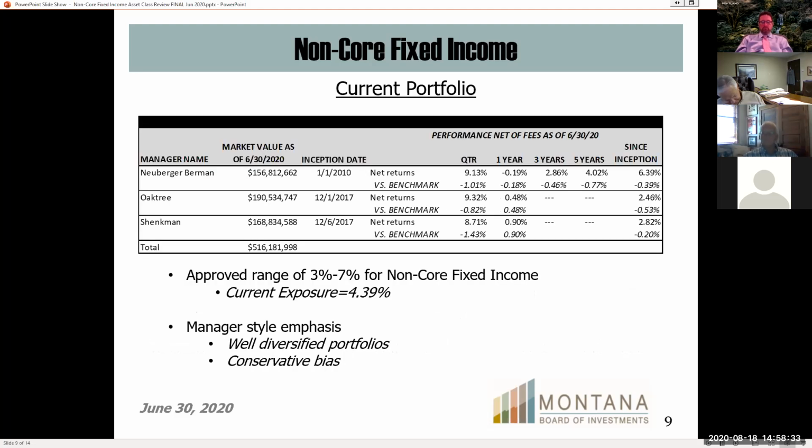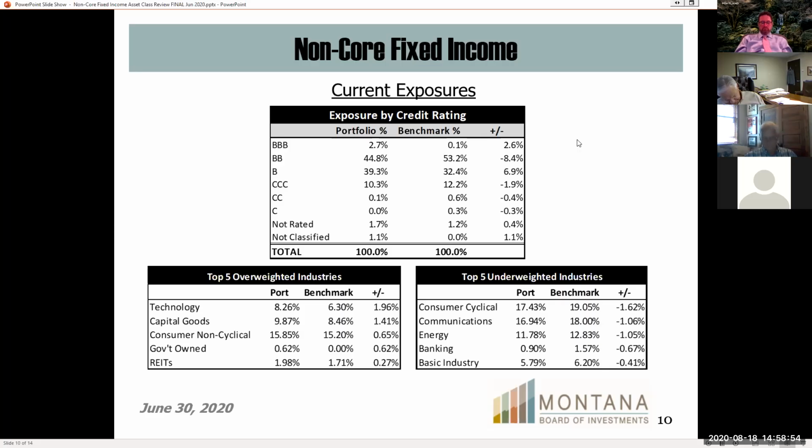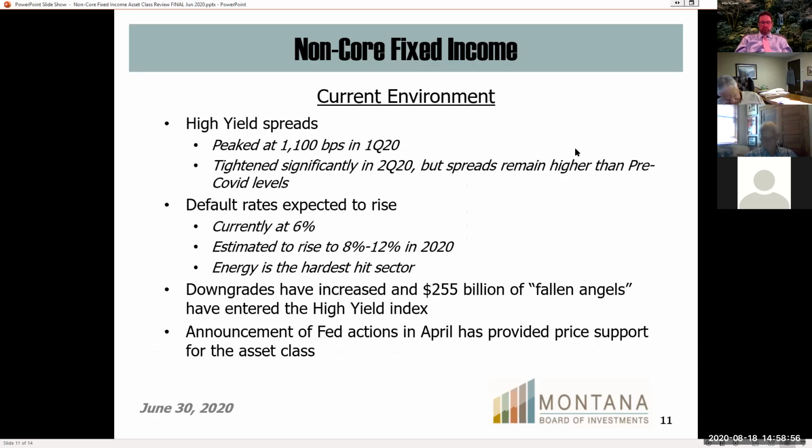Well, the aspects we rate them on, I mean, first thing you look at is performance, but as John mentioned, performance can be misleading if you're looking at it versus a benchmark, given some of the issues that we've talked about. In terms of the risk they're taking, that's a little bit harder to look at in these presentations. But